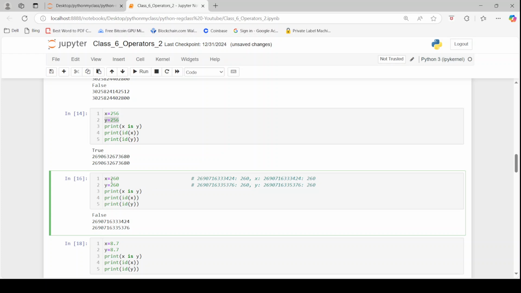Okay, this is one 260, and this is the second 260, and both of them are there, recreated again. At first this got created at a memory id, then again a 260 got recreated at a different memory id. So two types of 260 values are lying at different memory ids, and that's why it returns false here. Print x is y: is the memory id of x the same as that of y? No,